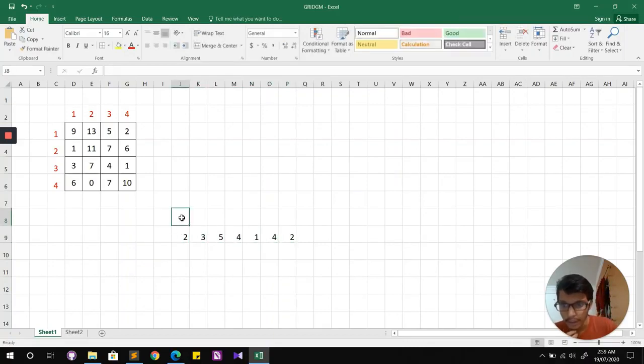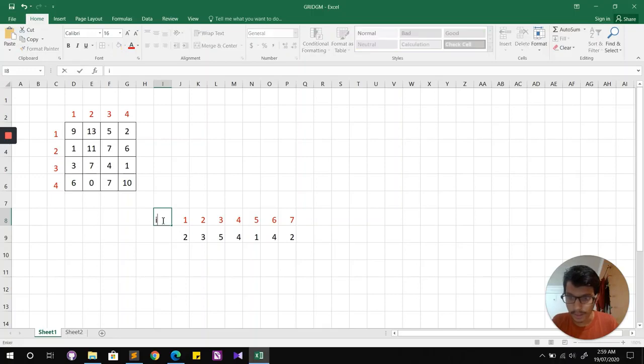Okay, and let me give the numbering over here: 1, 2, and so on. So these are the indexes and these are the elements. So this is my I and this is my A of I, right?